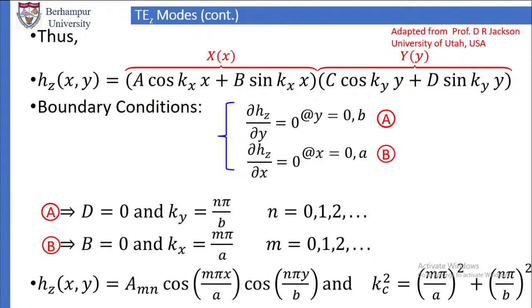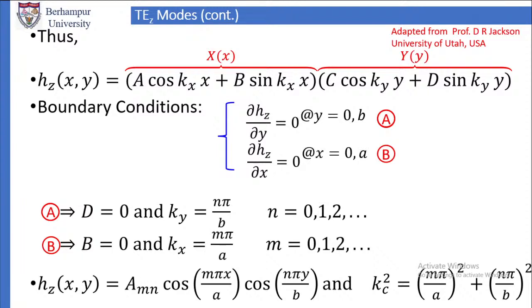And what is that? For y, we get ∂Hz/∂y is equal to 0 at y is equal to 0 and y is equal to b. Similarly, ∂Hz/∂x is equal to 0 at x is equal to 0 and x is equal to a. Let us take the first condition. ∂Hz/∂y is equal to 0 at y is equal to 0 and y is equal to b. Now, if at y is equal to 0, we take ∂Y/∂y,